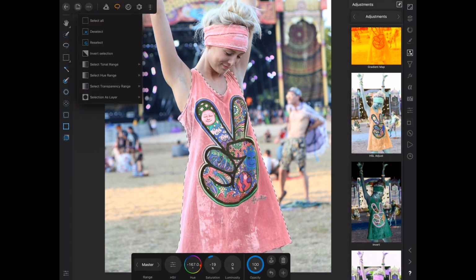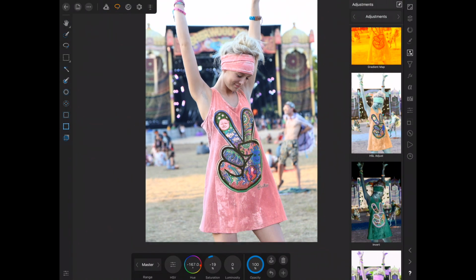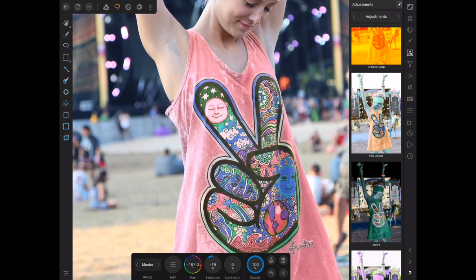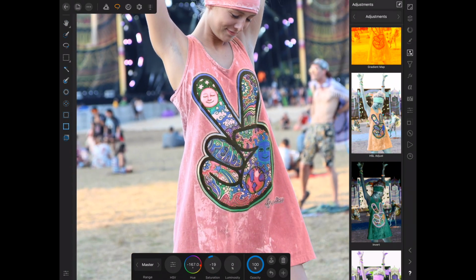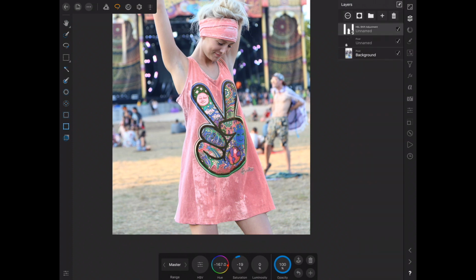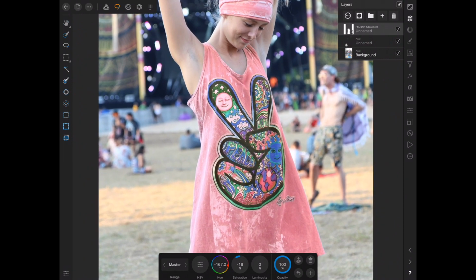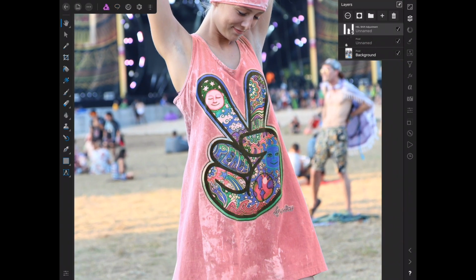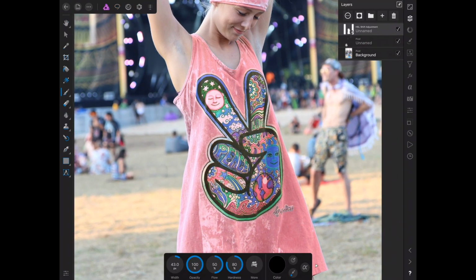We are now going to go to our menu, and we're going to deselect. And we're just going to go through and make sure we didn't really miss anything. But let me show you how this works. This is an adjustment layer, and it's a mask. So because it's a mask, you can paint on it with black and white to change your adjustment. So let's go back into the photo persona, select a brush, and we're going to mask in more. And as you can see, we're